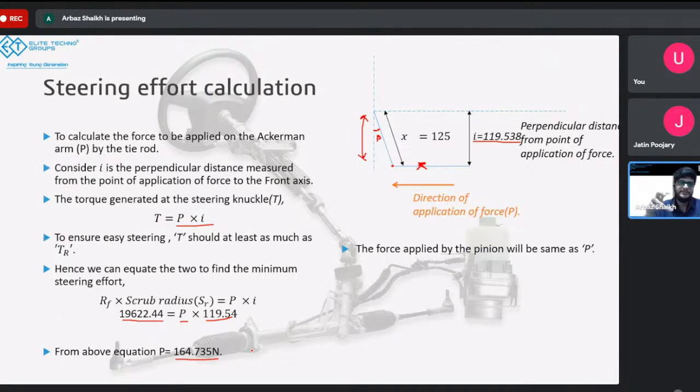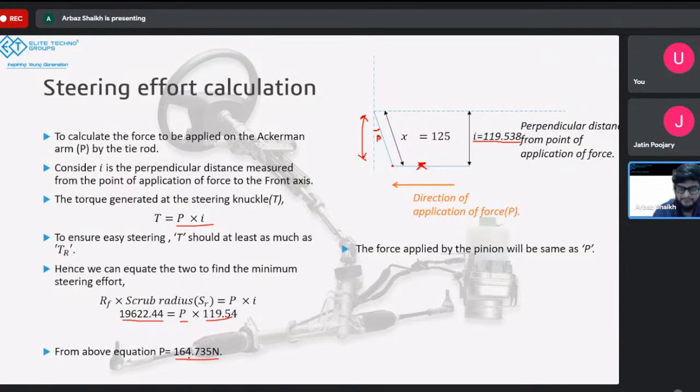From the rack to the tie rod to the knuckle, it is all rigidly connected, and the pinion will apply the same amount of force on the rack. That's when the rack will apply the same amount of force on the Ackerman arm. Okay, so if at this point the load is 164 Newton, it means that the pinion is also applying the force of 164 Newton